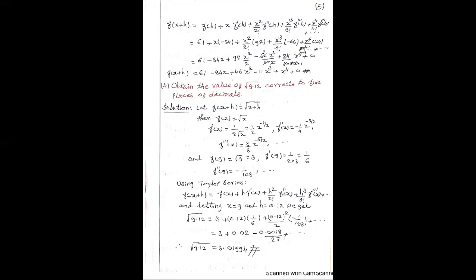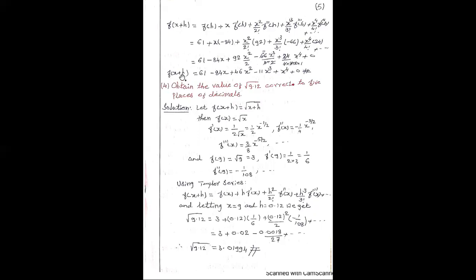Then when you go on again simplifying all this, the first will remain same, then this becomes minus 84x, and then this is 92 divided by 2, that is x square by 2. Then 3 factorial is equal to 3 into 2, and this is equal to 66. So this becomes 6 11s are 66. This is a minus sign. Then this is 24, and this is also 24, that will get cancelled.